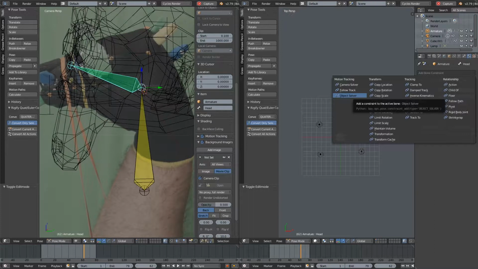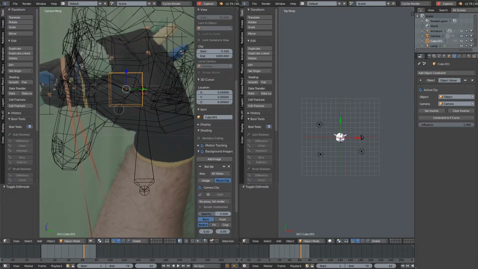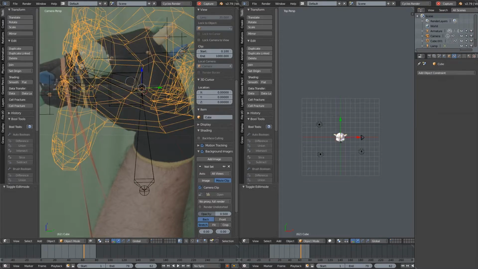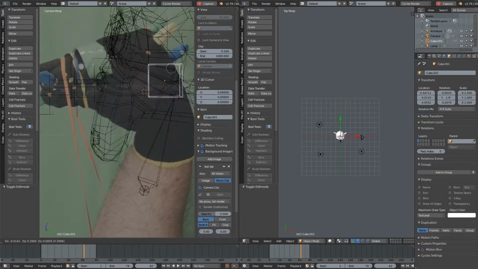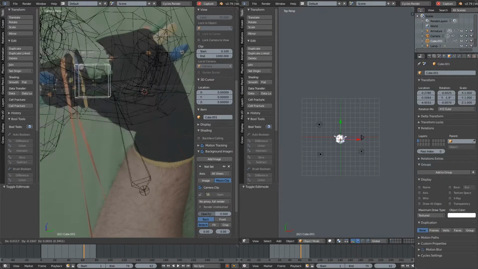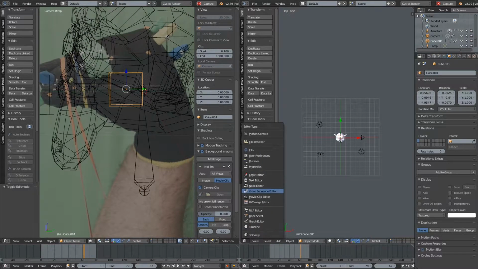It doesn't copy any of the rotation or anything. So I then instead added the object solver constraint to this cube right here. And as you can see, I parented this bone. If we go to the bone constraints, it's the child of the cube 1 right here. So as we move the cube around, it moves the head around. And if we go in here to the graph editor, we can see there's no keyframes for this, and yet